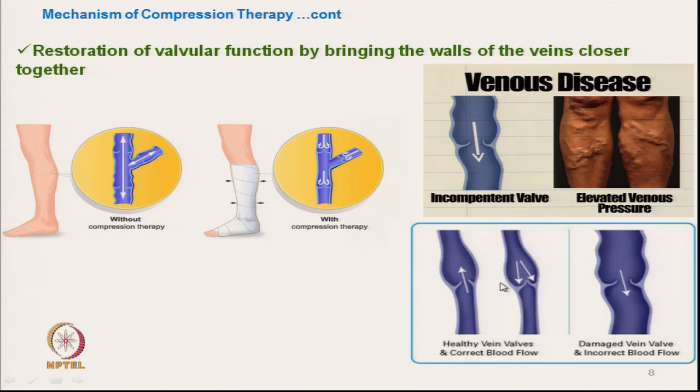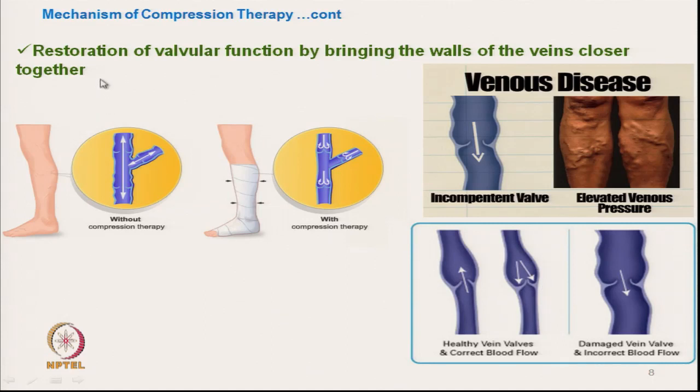Once the diameter of the veins reduces, the functioning of the valves will be perfect. So, here it is with a disease, okay, and the damaged vein valves encourage backflow of blood. Blood should not flow to the other side. So, this is the damaged vein. Okay. Healthy vein, it is unidirectional, blood flow is there, but in the other direction it will be stopped here.